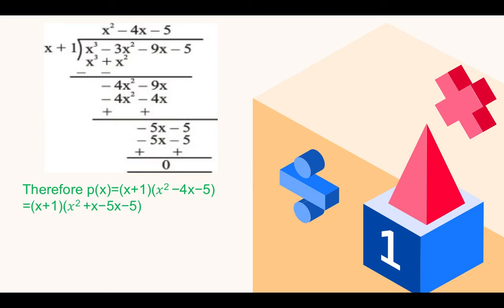Now I will solve this quadratic equation by middle term splitting. I hope you remember what we do in middle term splitting. We split the middle term into two parts such that on adding we get the middle term, and on multiplying we get the product of the first and last terms' coefficients. If you don't remember middle term splitting, go to the previous videos, where I have done quadratic factorization.